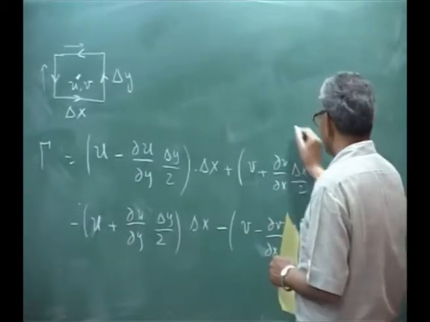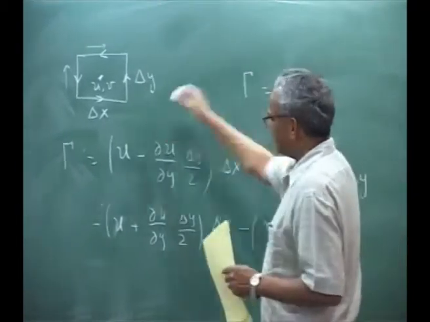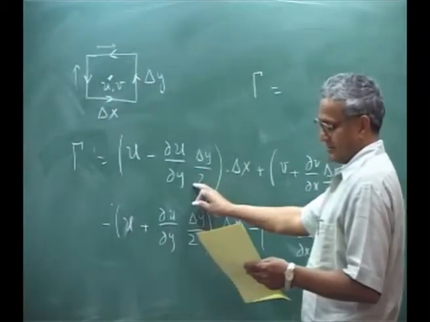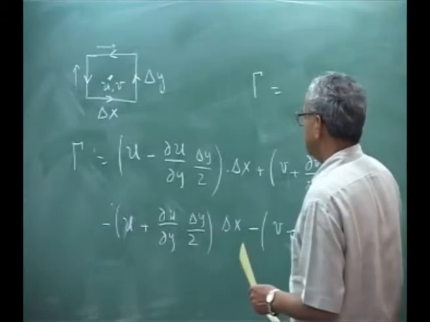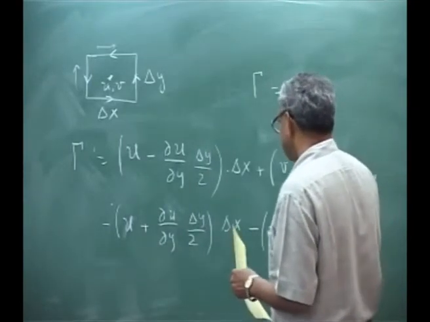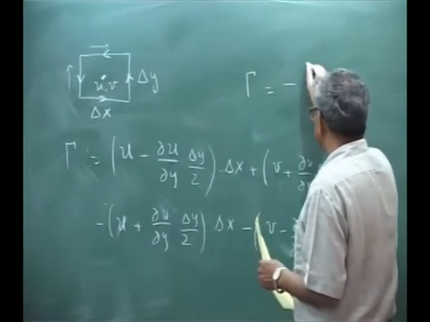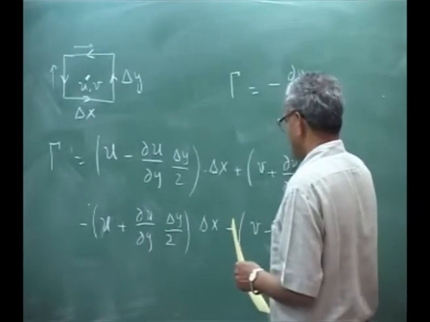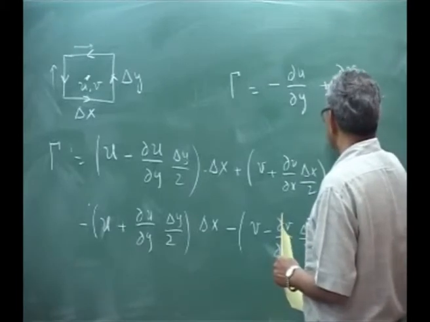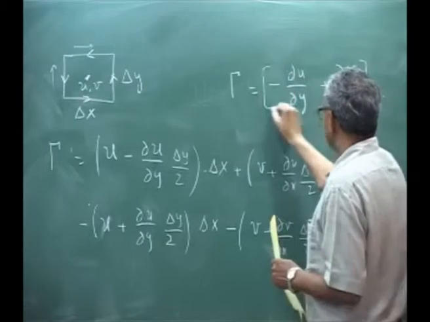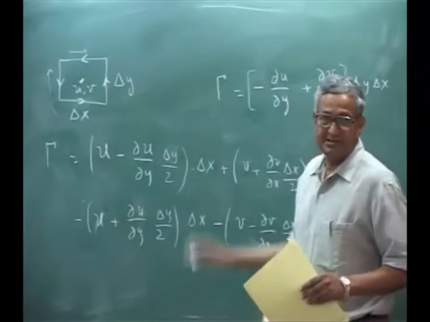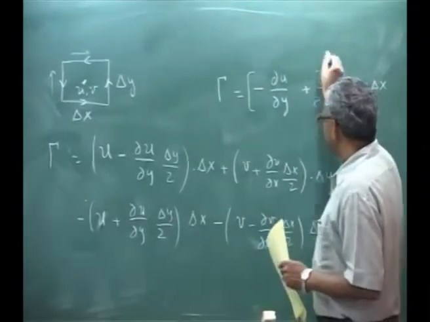If I take this quantity, you may call it d gamma, or gamma over a small element, that will be minus delta u by delta y, this will be plus delta v by delta x, into delta x delta y. This is the area of the element. Now this quantity